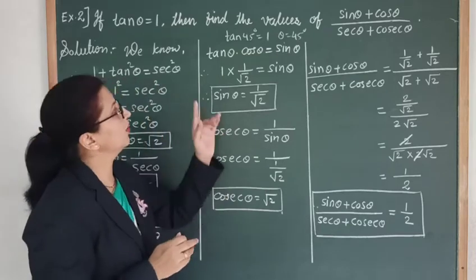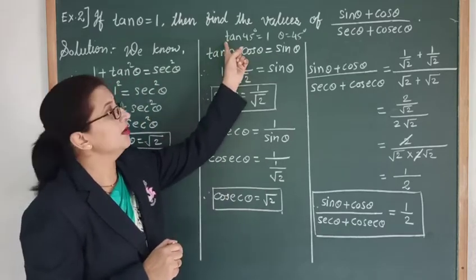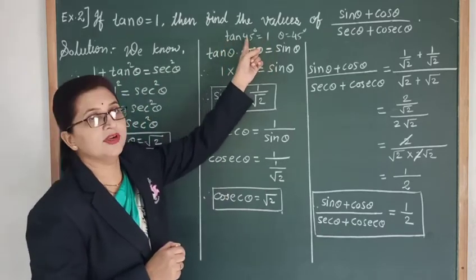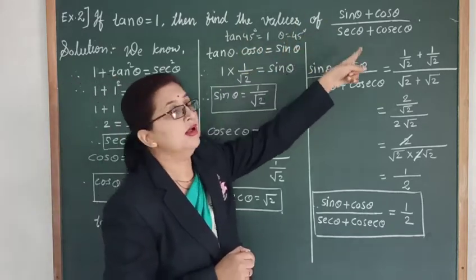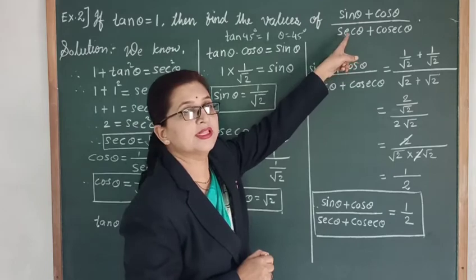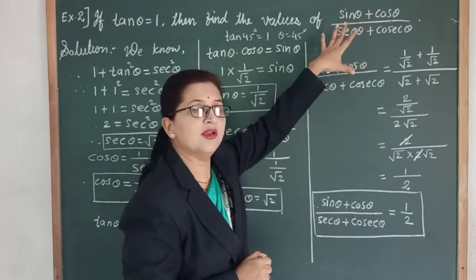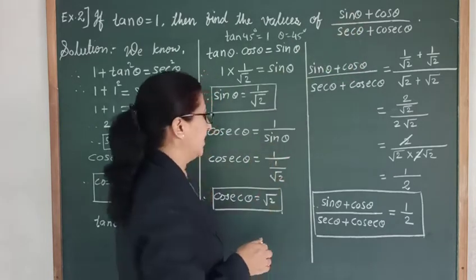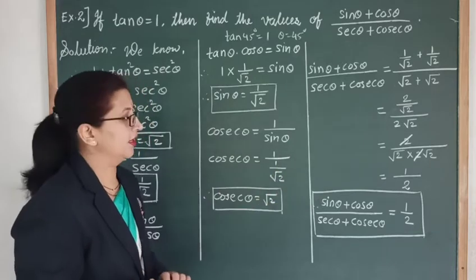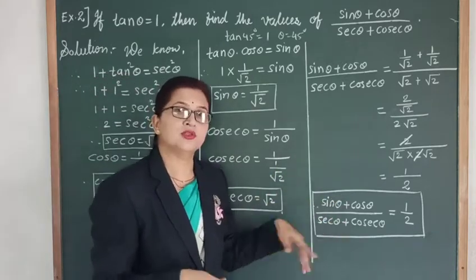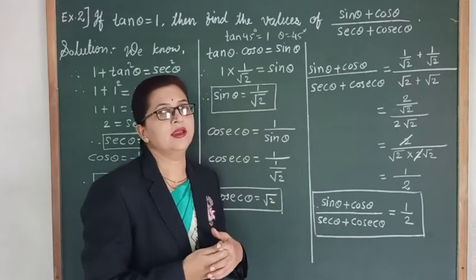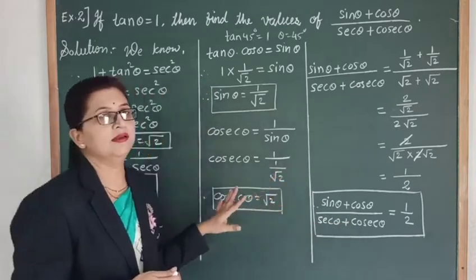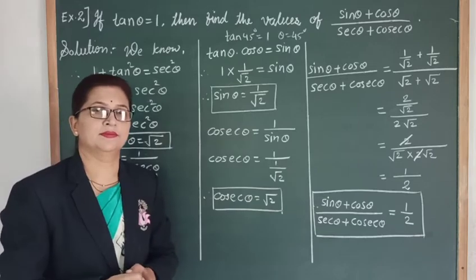So in the first method, I told that we can use tan theta as 45. So here the value of theta is 45. By using the values of 45, keeping theta as 45, find out the values if you are sure. Otherwise, you can apply this method. Now here plus is given, so you may ask for the minus also. In this way, any value we may get and we can find it by this method.